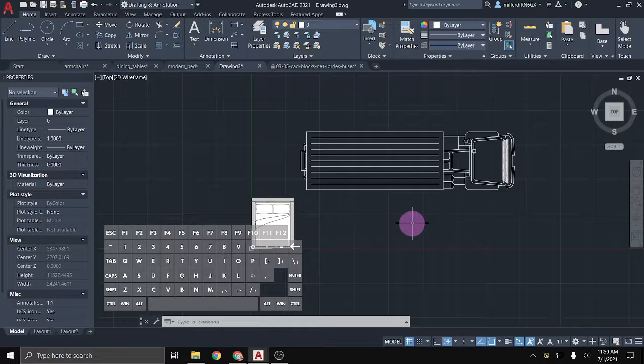The reason why the sizes might be off is because the person who made the block most likely made it in millimeters, and when we copy paste it into our drawing, those millimeters are read as inches, and then it comes in much larger than what we want, or sometimes even much smaller than we want. The copy paste method is a little